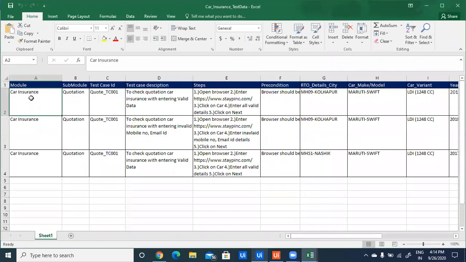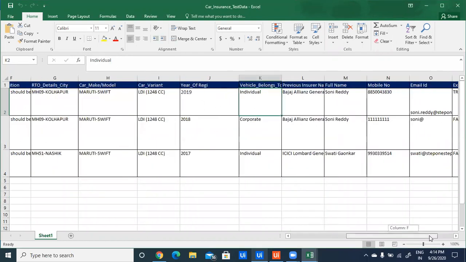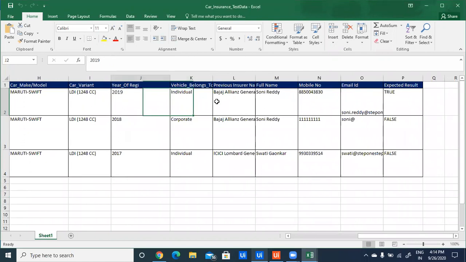So my module is car insurance, sub module is quotation. In this we are checking car quotations by entering valid data: RTO details, city, car model, car variant, year of registration, vehicle belongs to. So these are all my current valid data.